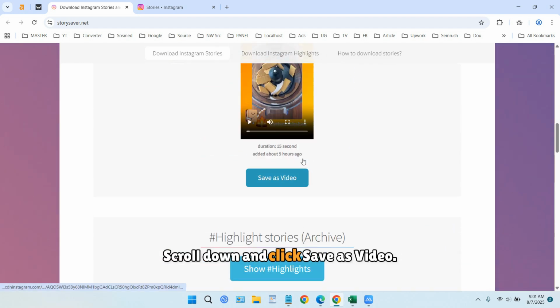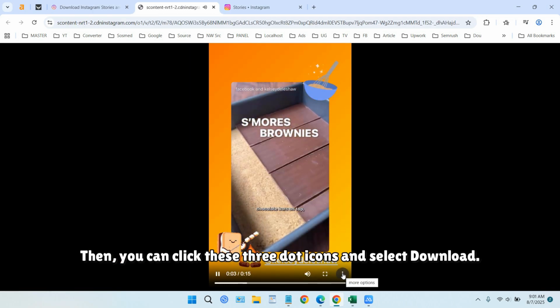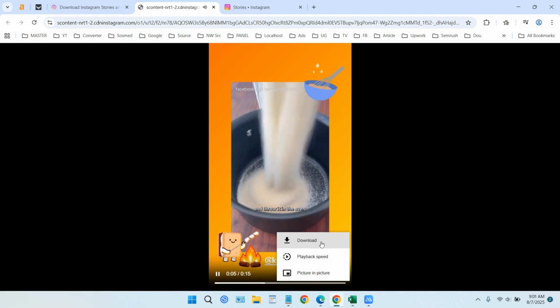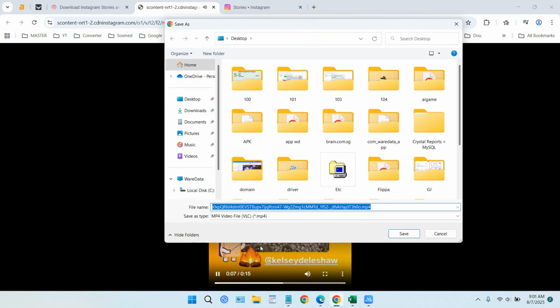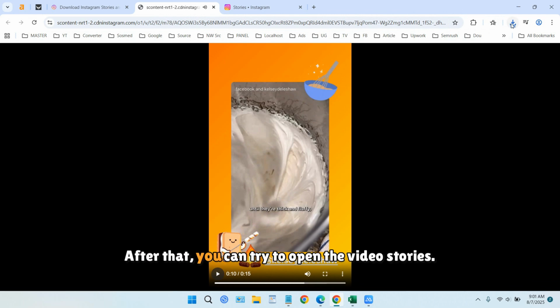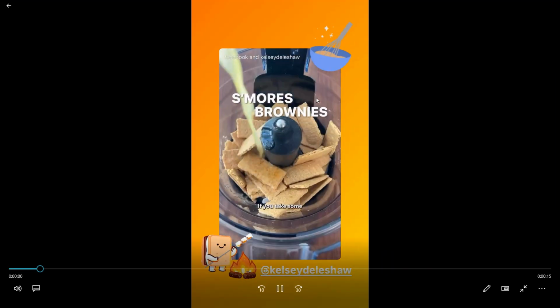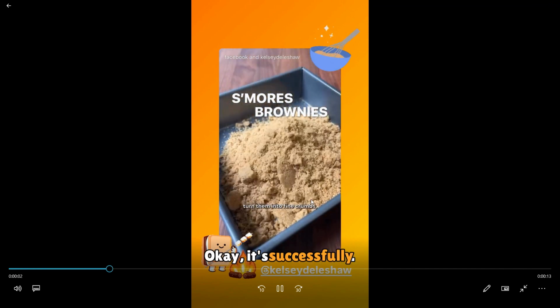Scroll down and click Save as Video. Then you can click these three dot icons and select Download. Then you can click Save. After that, you can try to open the video stories. Okay,